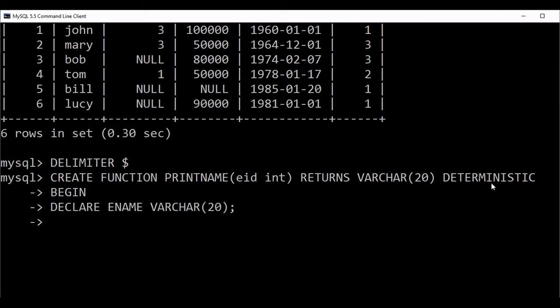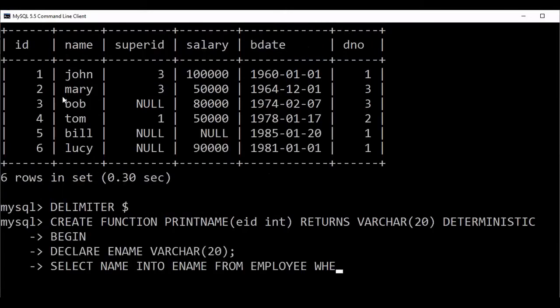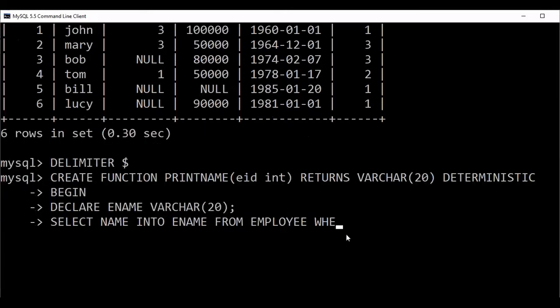Then the select statement, because the name will come from employee. So select name into. You need to keep that name in ename because you have declared it. So how will this ename get its value? This ename will get its value from name, into ename, from the table employee. Then where? Because there are many names, you can see 6 names. I don't want these 6 names, I want as per this id. So that's why I'll write where id equal to the id I'm passing here.